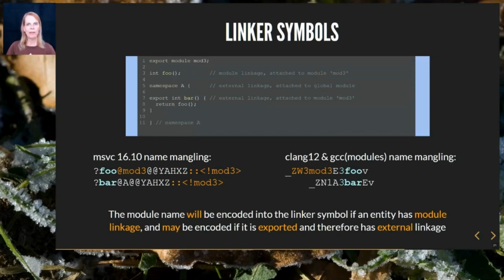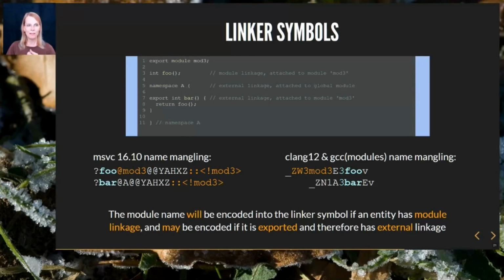Symbols formed from names with module linkage must be different from symbols of entities with identical names in other modules or the global module. Therefore, they contain parts in their symbol that are formed from the module name.